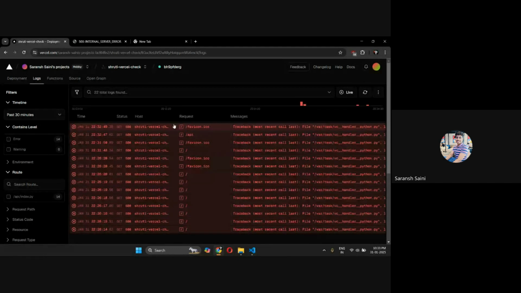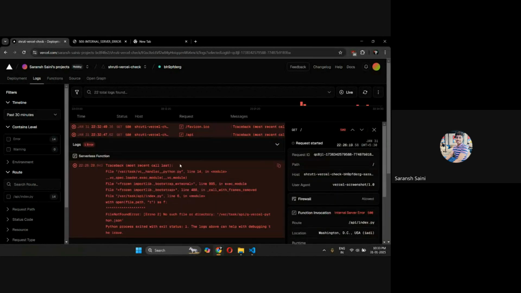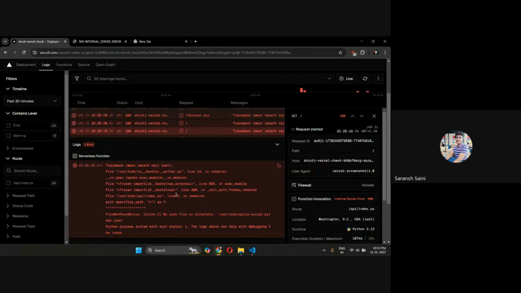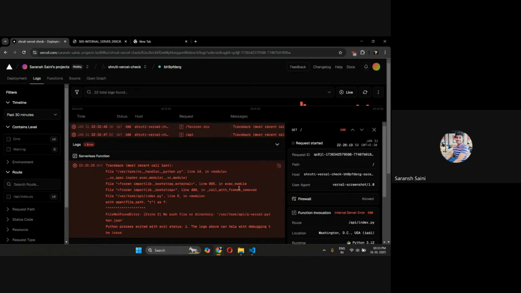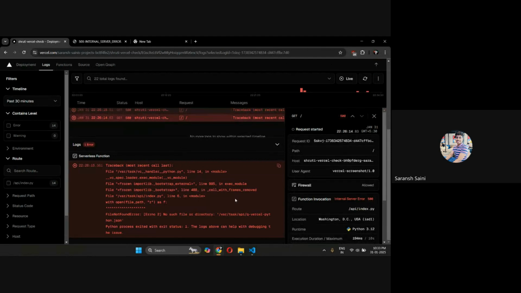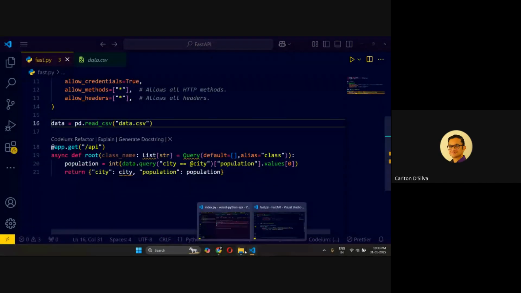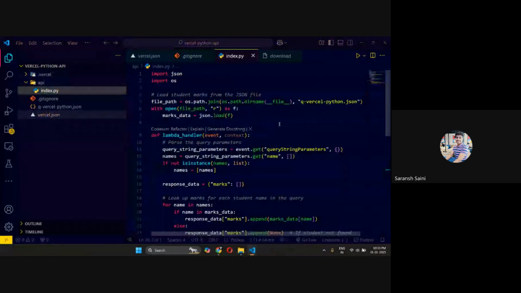So this is giving me this. It's not even able to fetch the favicon, and I just opened it and it has changed now. It says no such file or directory. So it's not able to fetch that file. Earlier it was giving me some other error, some base HTML kind of error, that there is a problem with that library. But now it has changed. It can't find the JSON file. I'll debug it